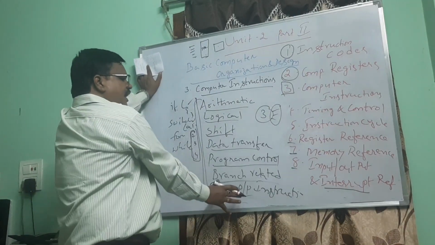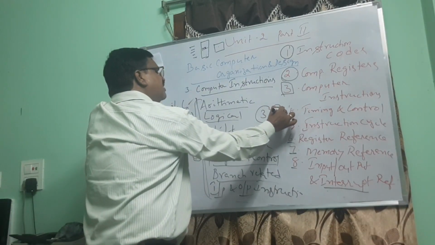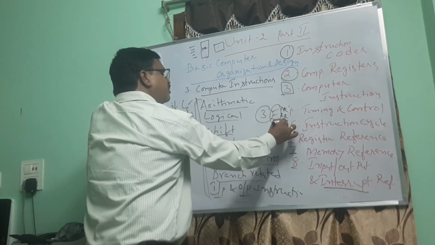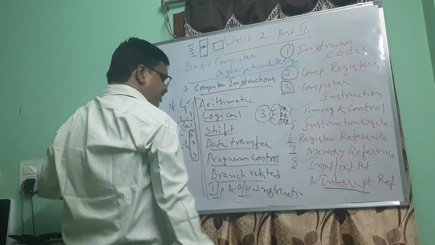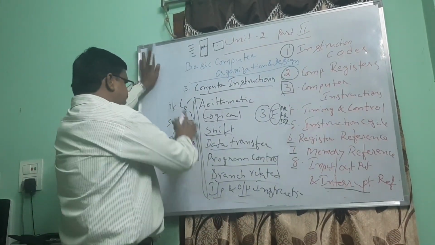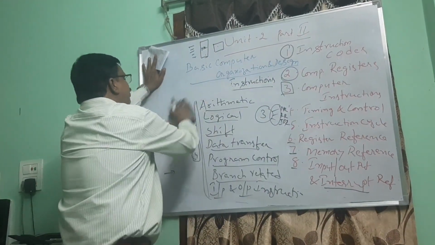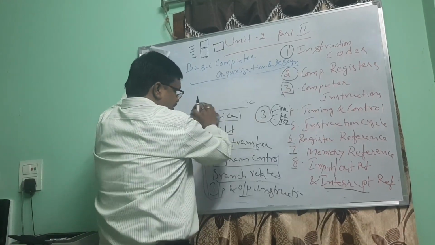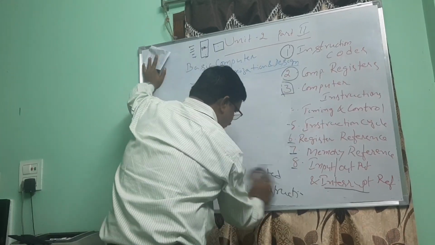All these types of instructions are broadly categorized into 3 types: memory reference, register reference, input output reference, and of course there is a third one, an extra one, interrupt reference. We will discuss that at that point of time. So these are the various things that you need to keep in mind while you are categorizing all the computer instructions into 3 ways broadly.